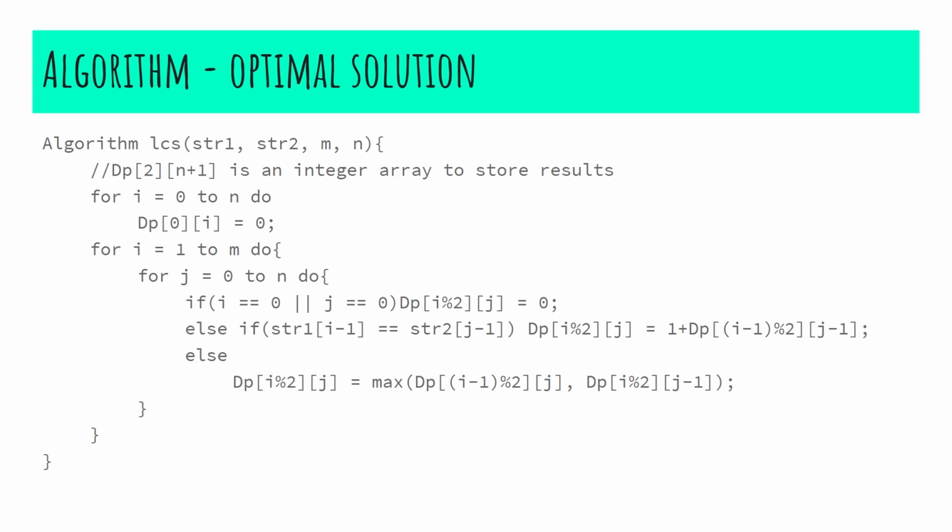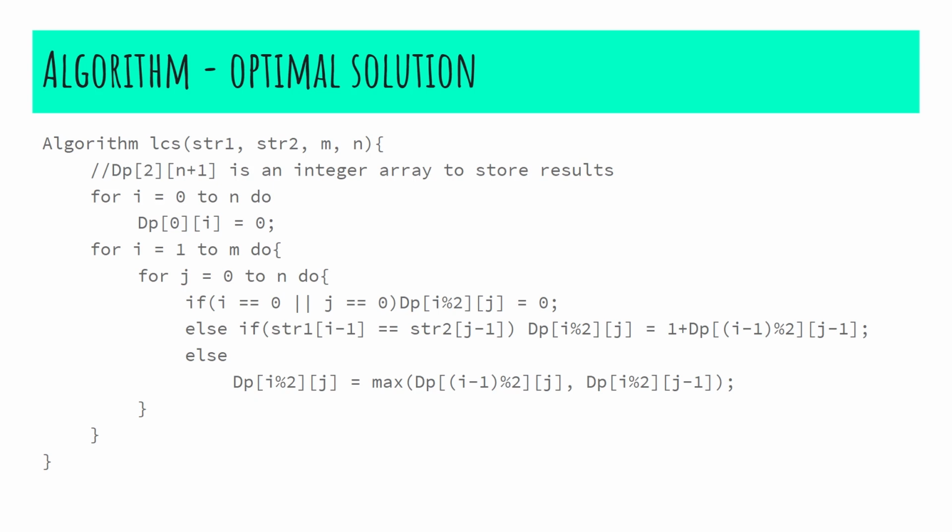We will construct a DP array with 2 rows and n plus 1 columns to store the result. We will then iterate both the sequences from left to right, but before we loop through, we fill the first row with 0. Now, when one of the sequences being compared is empty, we store 0 in the DP array, and if the last character of both the sequences are equal, then we will store the value present in the immediate diagonal added by 1. If the characters are not equal, we will pick the maximum length out of the previous sequence. We use i mod 2 to ensure that the i value is bound between the values of the row.